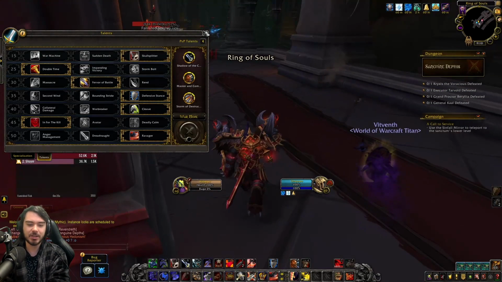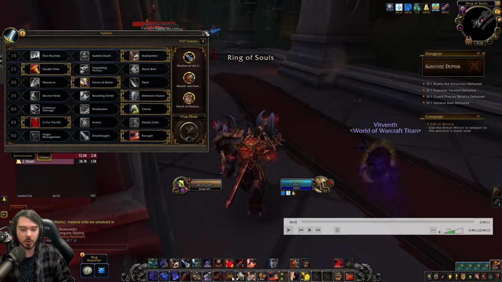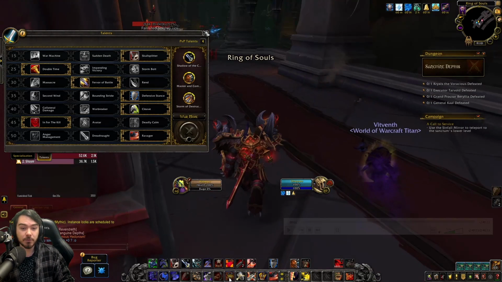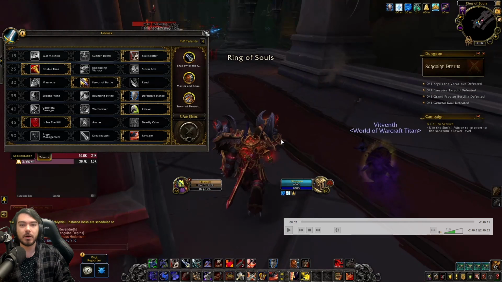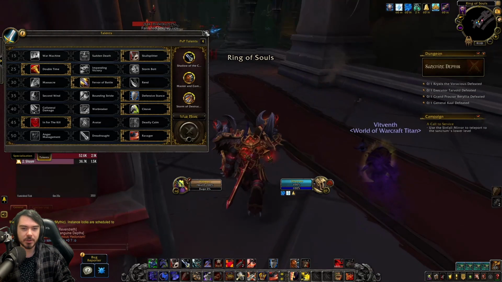This is a fun one, actually, because I am going to switch these around. You can see on the beta, I was playing with Victory Rush on B and Ignore Pain on Shift B. And that was fine for Fury. That was fine for Arms Warrior. But because I want to keep these keybinds consistent, what I found was when I went to playing Protection Warrior,